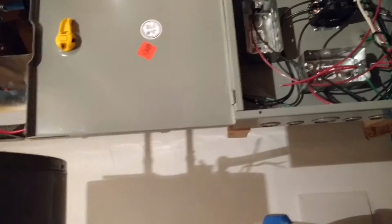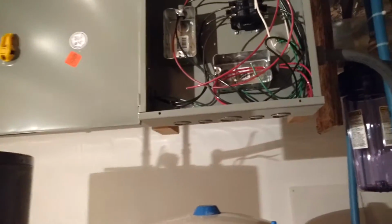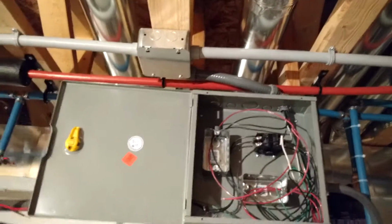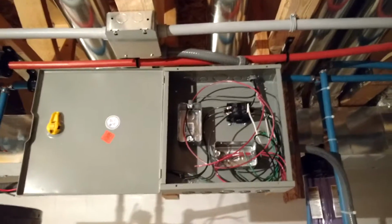Only because of this time-of-day billing we have with these smart meters. The energy costs are the cheapest between 7 p.m. and 7 a.m. That's the reason I'm doing it. And really, depending on your water usage, you don't need to. I mean, if this was a family of 4, I definitely would have gone with a gas water heater. But for 2 people, an electric water heater is much more